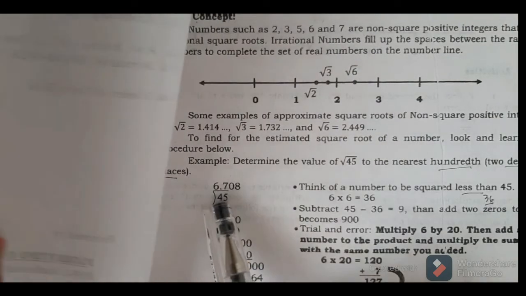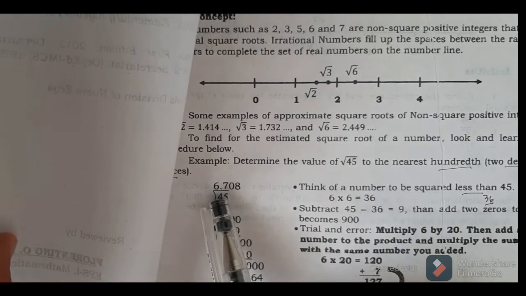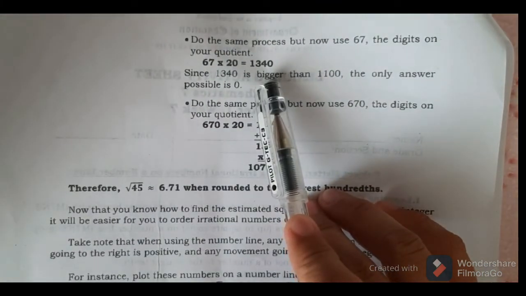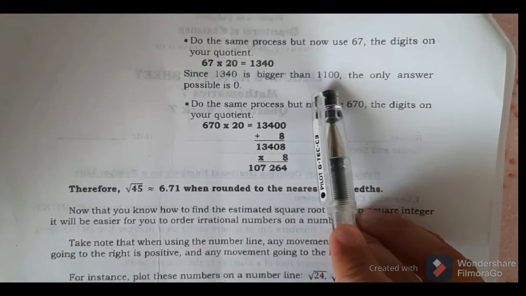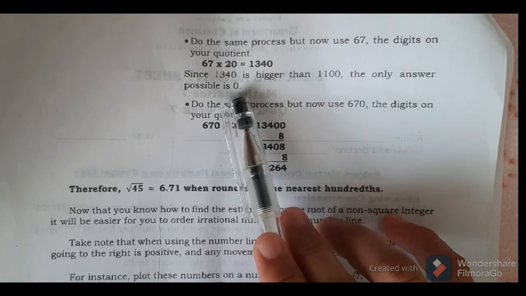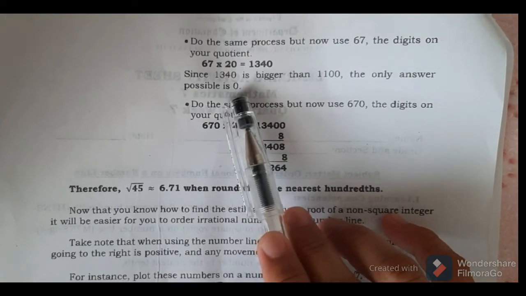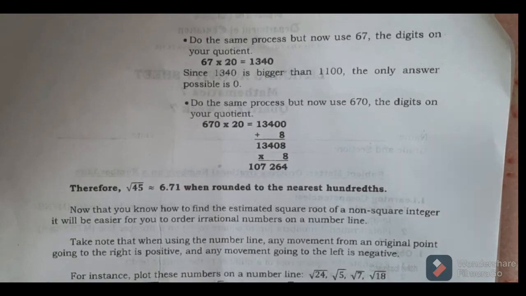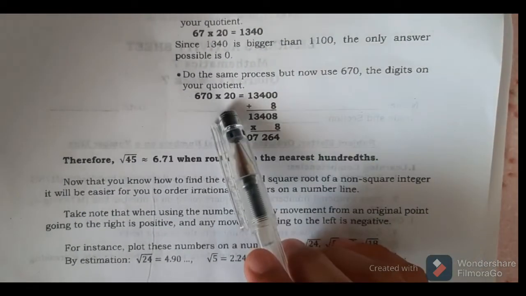Then, yung natira nating quotient, 67, imumultiply naman natin siya by 20. And then, after nun, ang lumabas na is 1,340. So, dahil siya ay greater than 1,100, so therefore, hindi pwede kasi dapat hanapin natin is less than. Kaya, 0 ang nilagay natin. Then, after nun, i-minus na naman natin. So, 670 times 20,